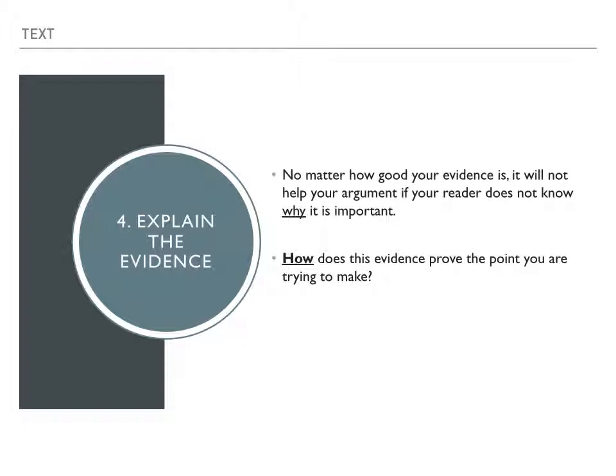So no matter how good your evidence is, it will not help your argument if your reader does not know why it is important. So imagine holding your reader's hand and needing to explain to them, break it down to them, why this piece of evidence is important. So how does this evidence prove the point you're trying to make? So for example,